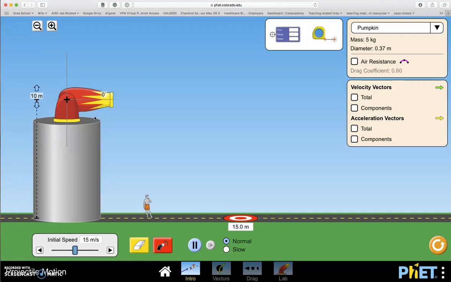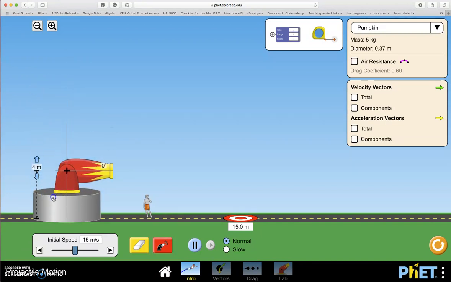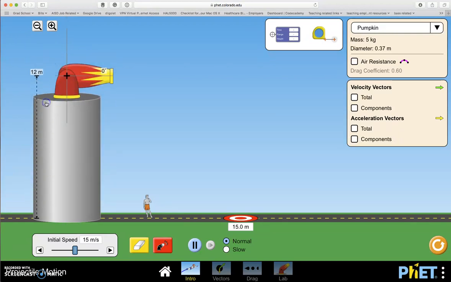I'm going to give you a brief overview of how to use some of its features, and then I want you to experiment and play around with the simulation to test the hypotheses that you make. The objective of the simulation is to try and predict how varying initial conditions can affect a projectile's path. Things I'm going to want you to look at are the height of the cannon. If you notice the cannon's on a pedestal, if I click on the pedestal, I can drag it up and down, and that will potentially affect the horizontal range that our projectile will go